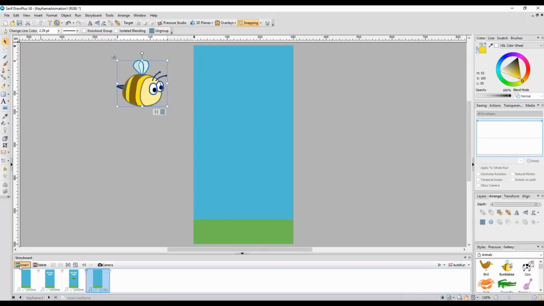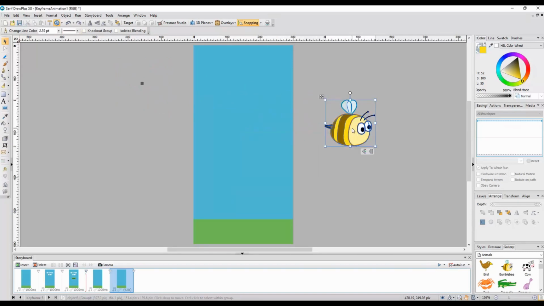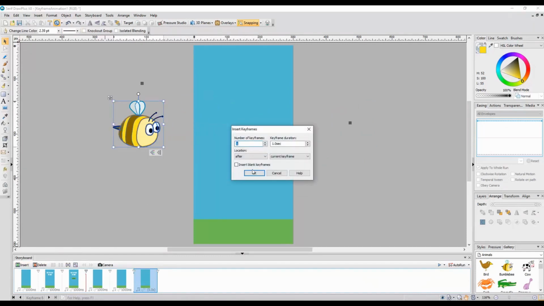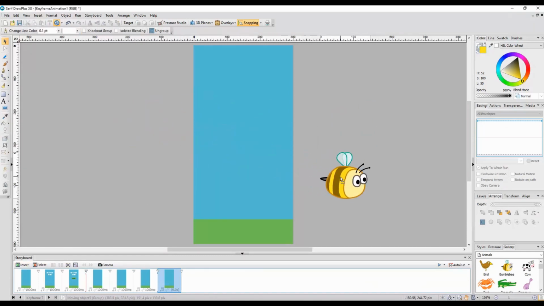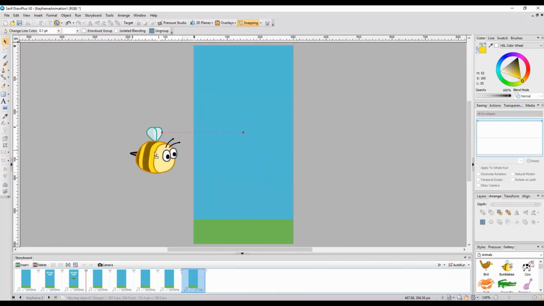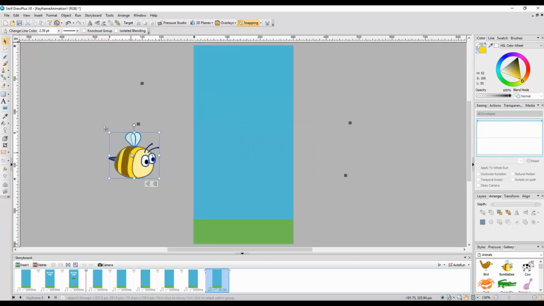Now I'm going to click insert, then click OK, and I'm going to move the bee over here, and then I'm going to click insert, then click OK again, and I'm going to move over, and you can see I'm just doing this repeating pattern here because I'm just getting the bee now to go across the screen like so. And then what I'm going to do on the next part now is click insert and then click OK. I'm going to actually delete the bee from this frame,